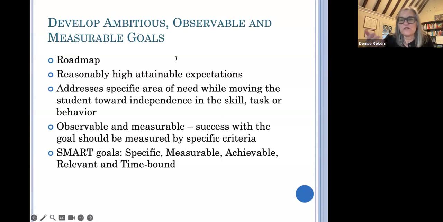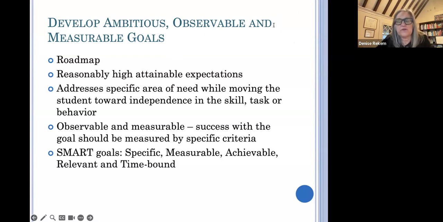And eventually, obviously, we want the children to do whatever they can do independently, because they're not going to have aides and support people following them around for the rest of their lives. So when you're looking at the goals, when it says with support, it's important to understand what that means, what support it is, how we know what support it is, how much support it is, and then to be able to fade that support.